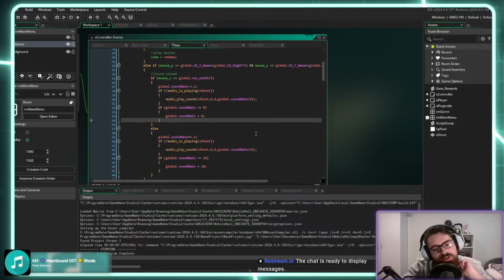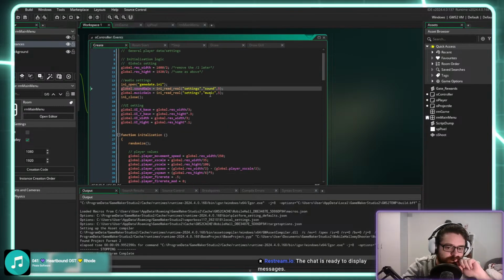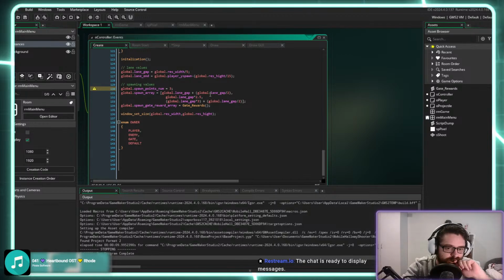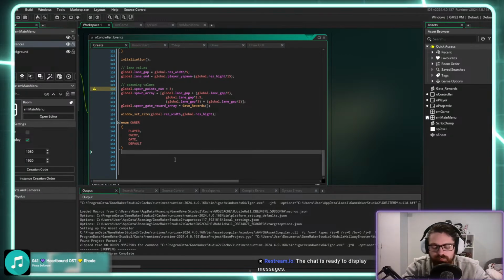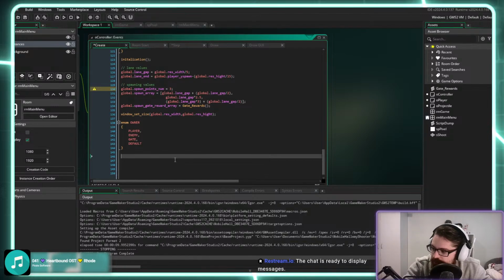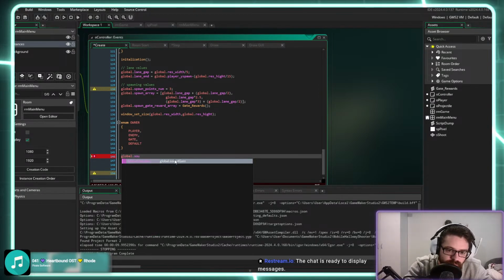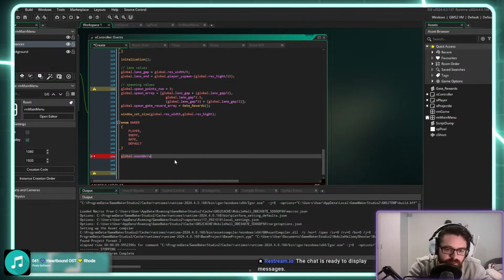How do I want to do this? Actually, I could do it separate, and it would still be better. So first I'm going to make a global. Sound array equals